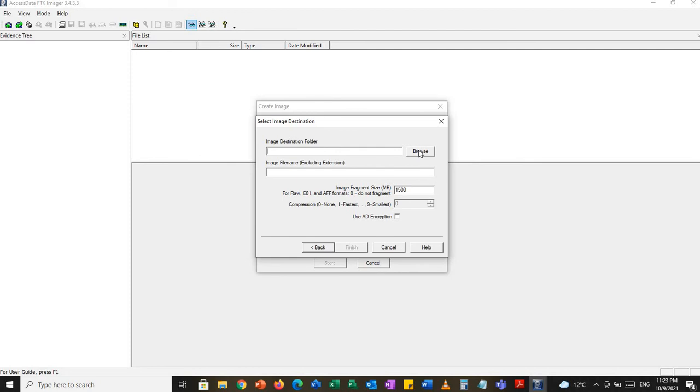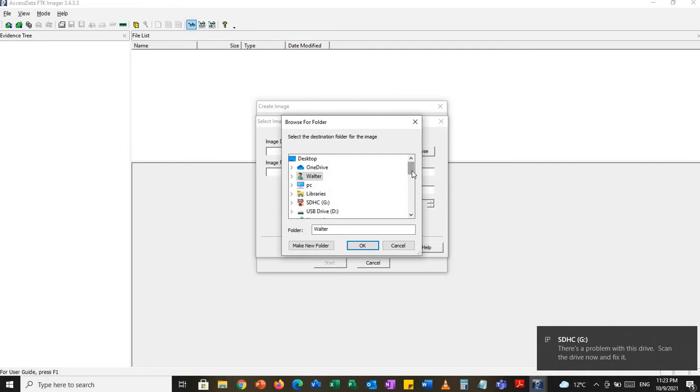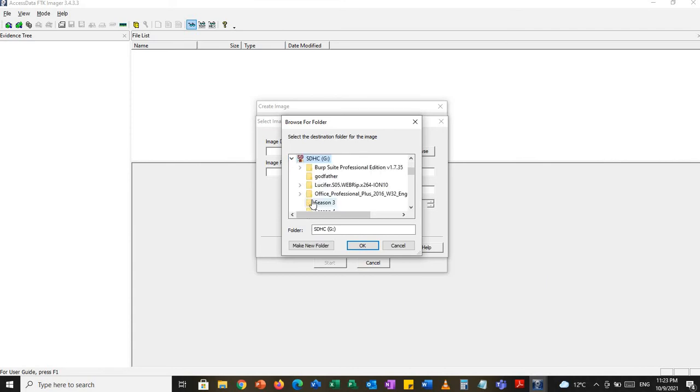In this particular case, let's select the destination folder for the image as G, as the drive G. The moment I select G and press OK,